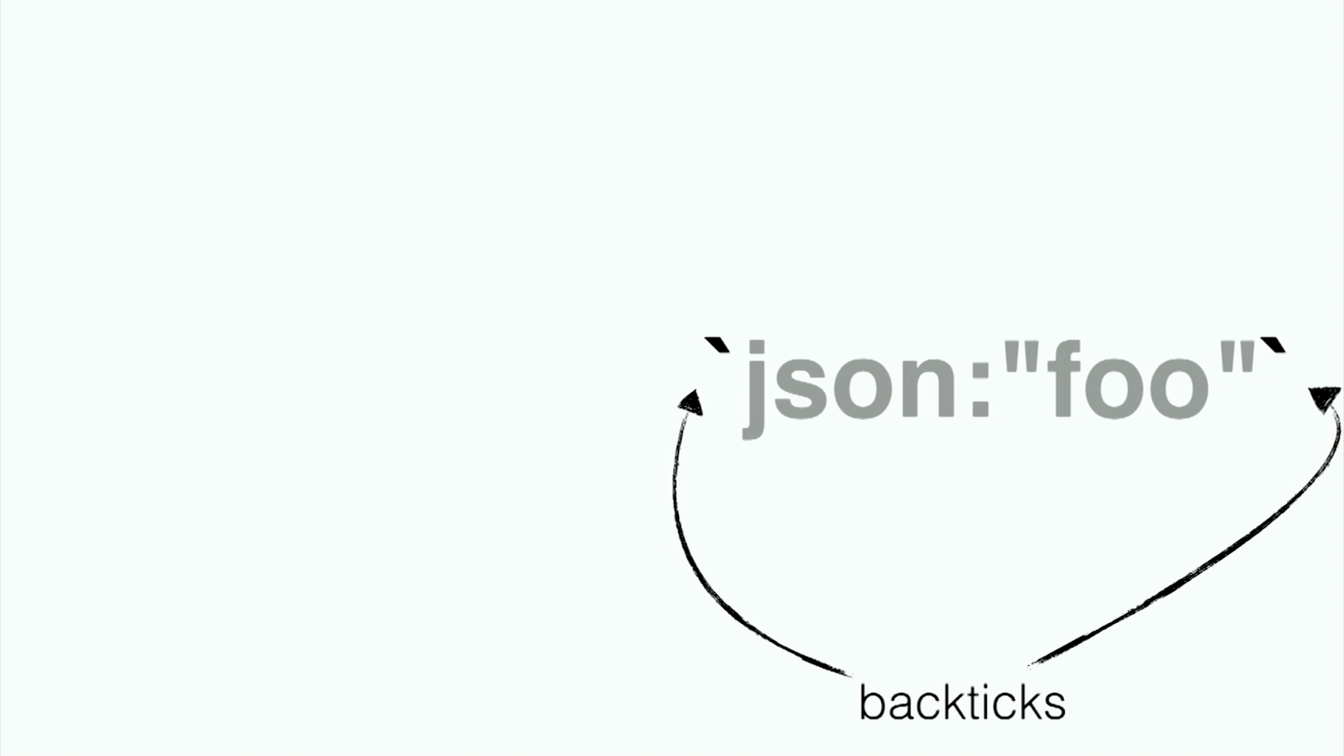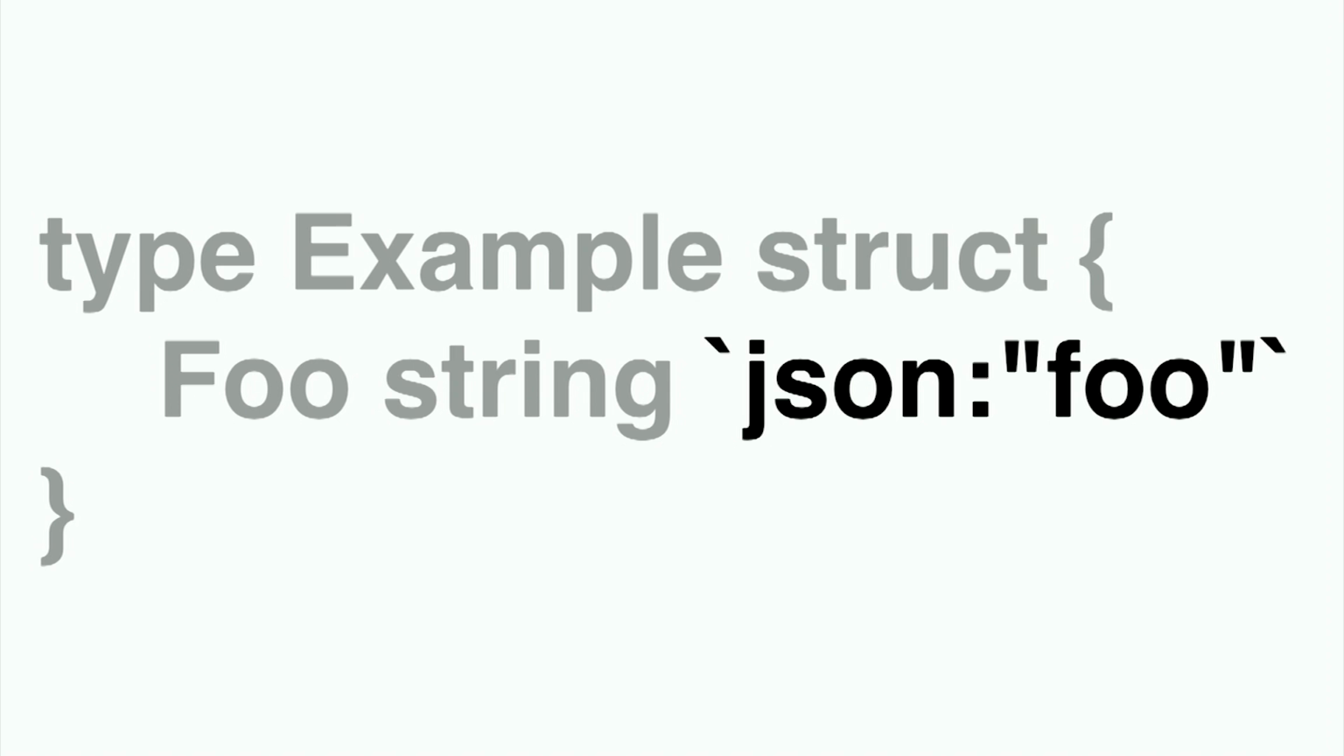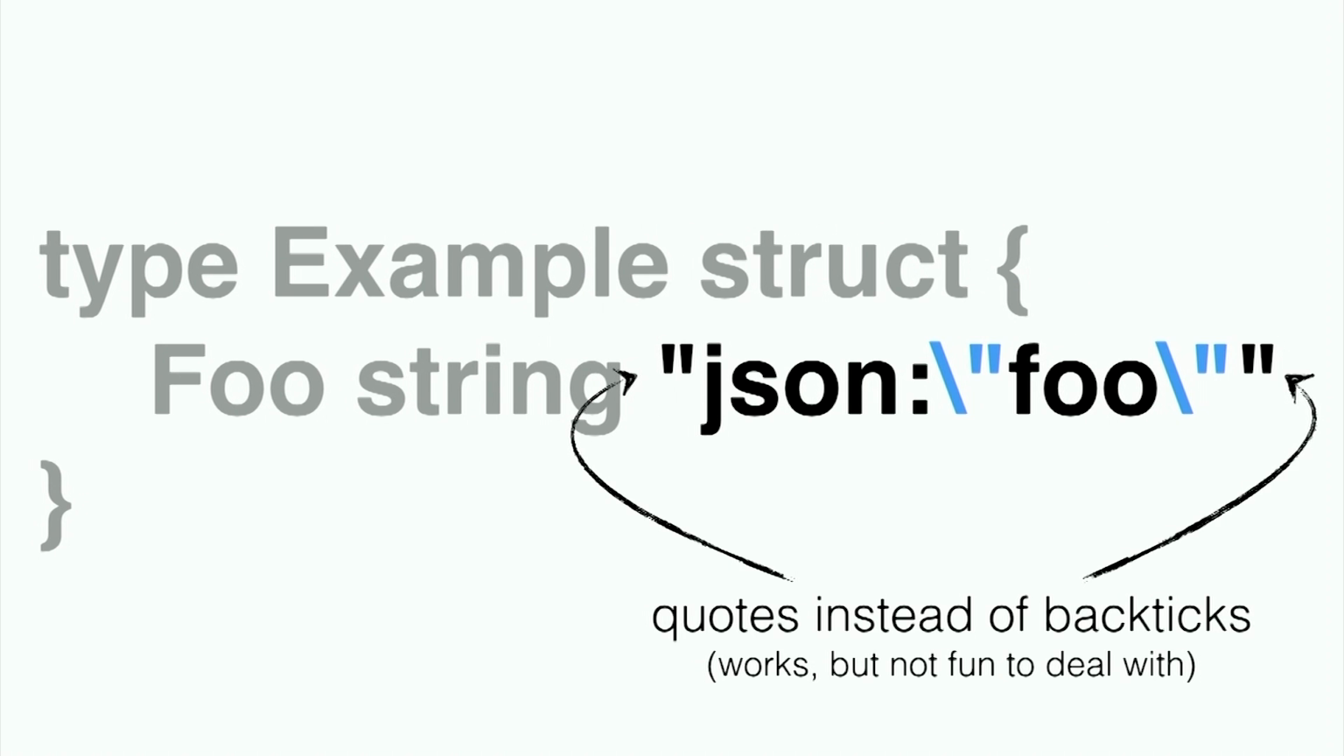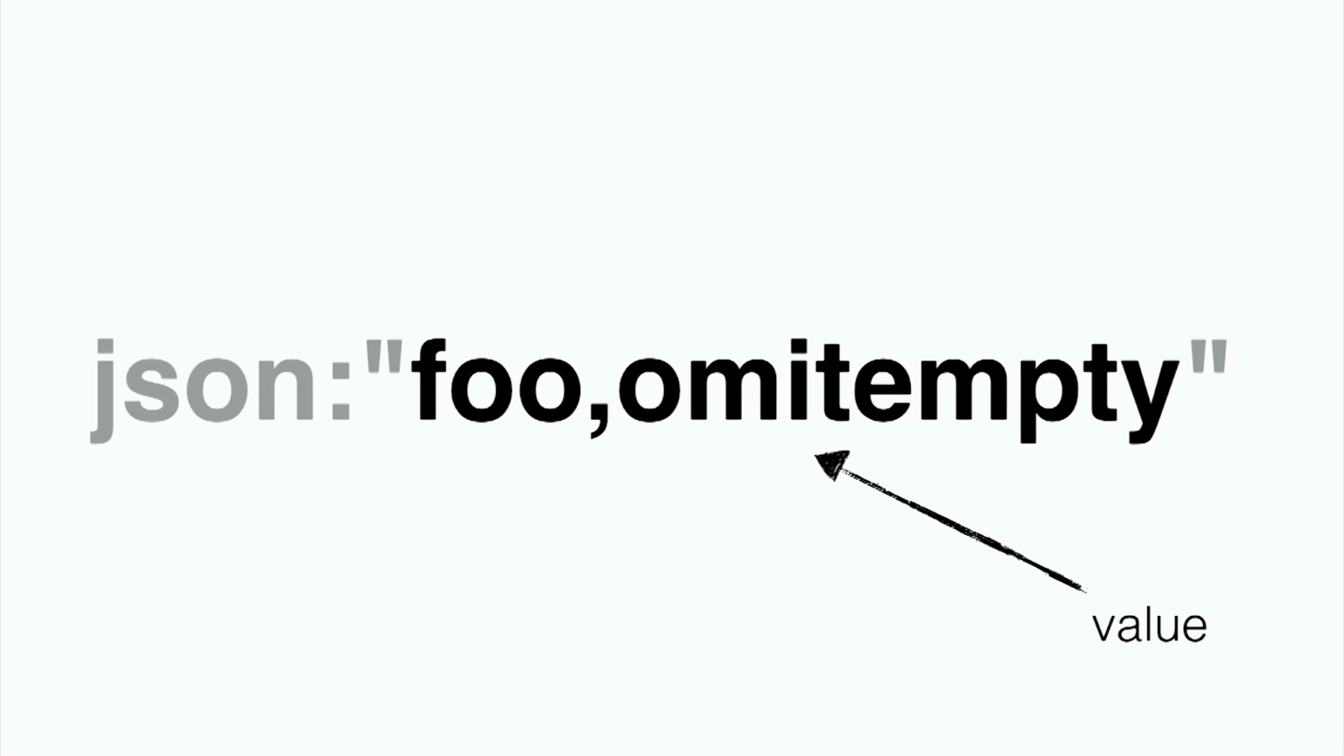And then finally, you have to use backticks. You have to quote the whole thing so you can append it to the struct field. You can also use just normal quotes, but this is not fun to work with, so that's why we are using backticks here. One more important thing is that the value is quoted, and the value can be anything. But we use something like this, omitempty,